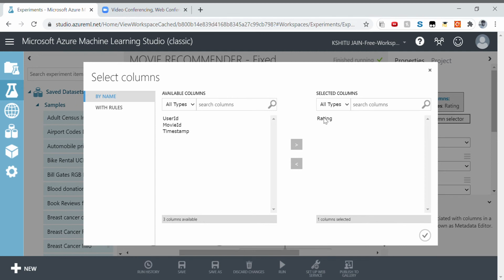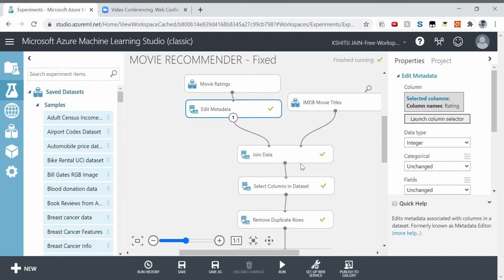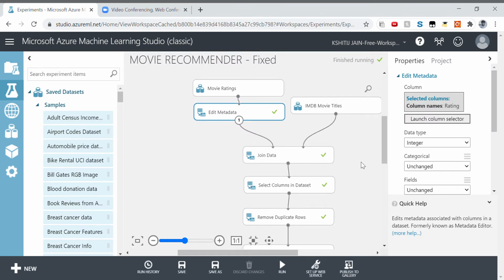Earlier the rating was given here, we have dragged it to here. Then to link both of these datasets, we have used the join data node. This will create a link between these two datasets.